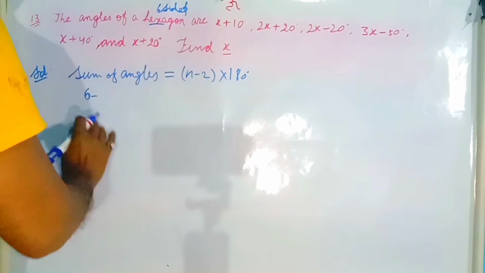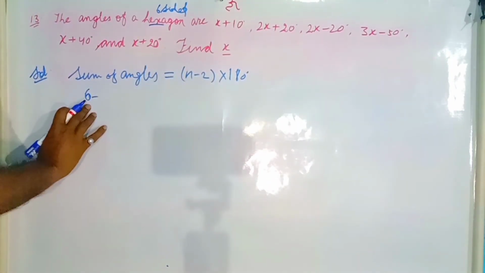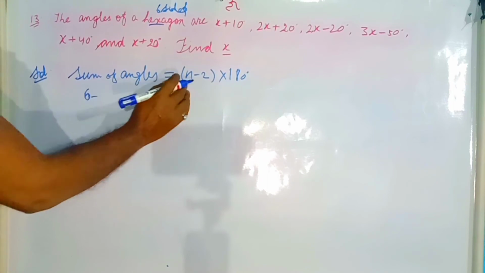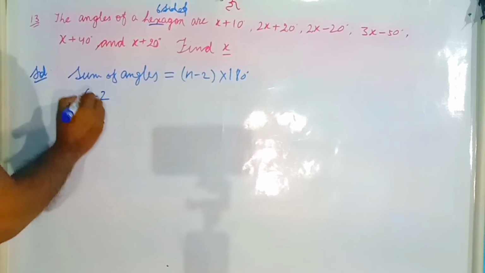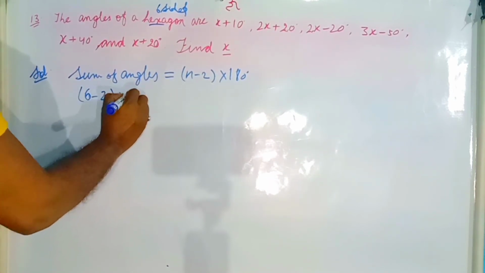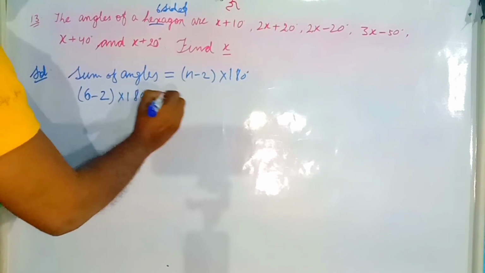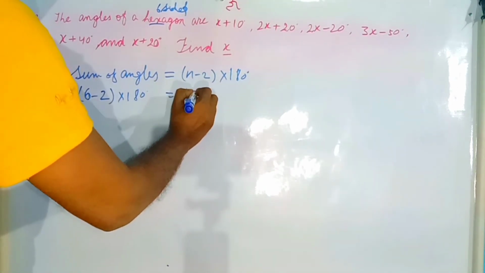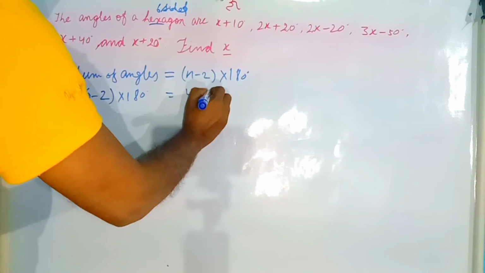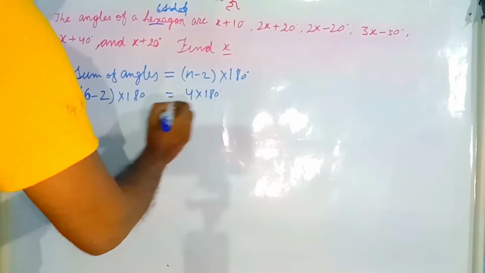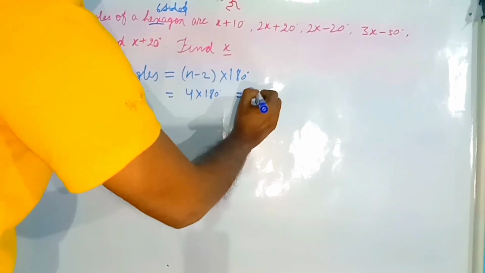Then 6 minus 2 into 180 degrees is equal to 4 into 180 degrees,